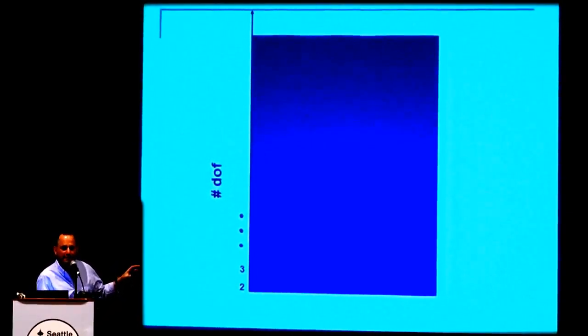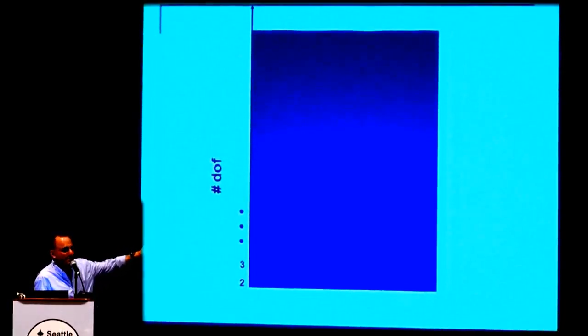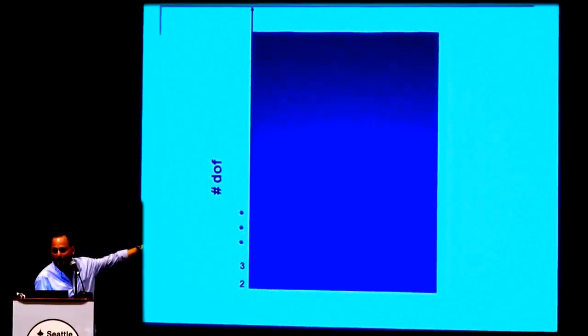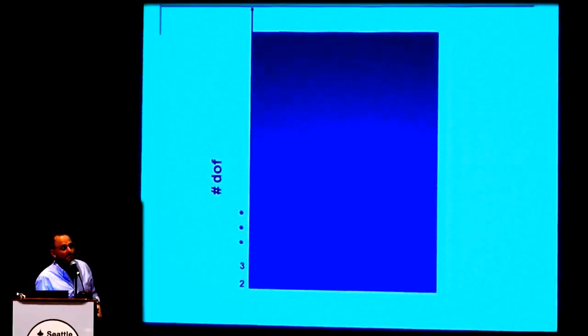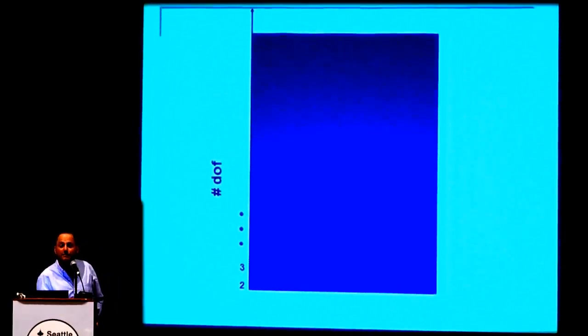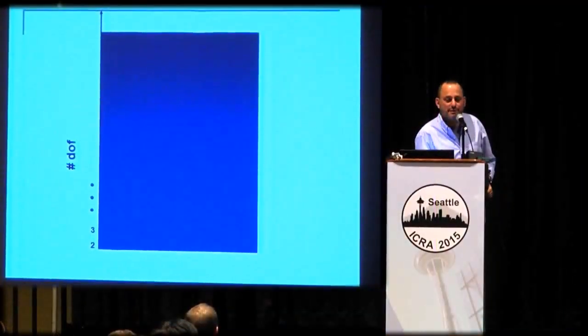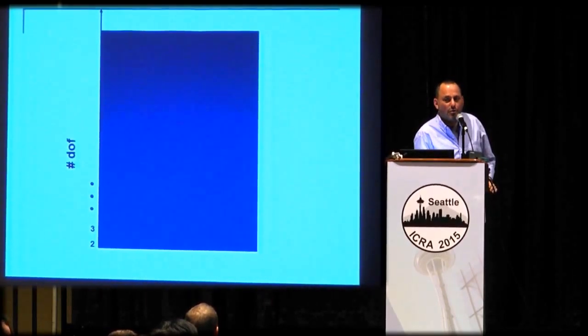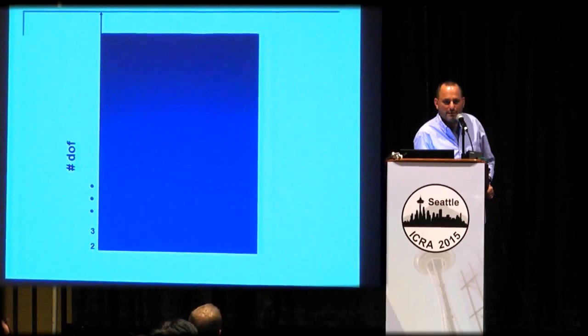I tried to give you a graphical representation of the feeling at that time, that the problem was very, very hard. With limited PowerPoint skills, I'm trying to show that it's harder when the number of degrees of freedom is bigger. But still, it seemed that everything is difficult. I spent 5 years in my PhD trying to give efficient solutions to motion planning problems with 3 degrees of freedom. On paper, they are still the best possible, but I can tell you that they are horribly complex, and no one in their right mind would try to implement them.